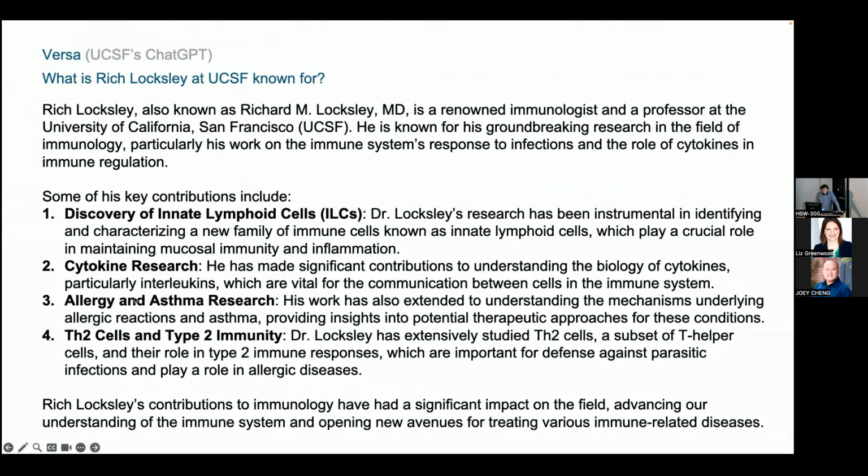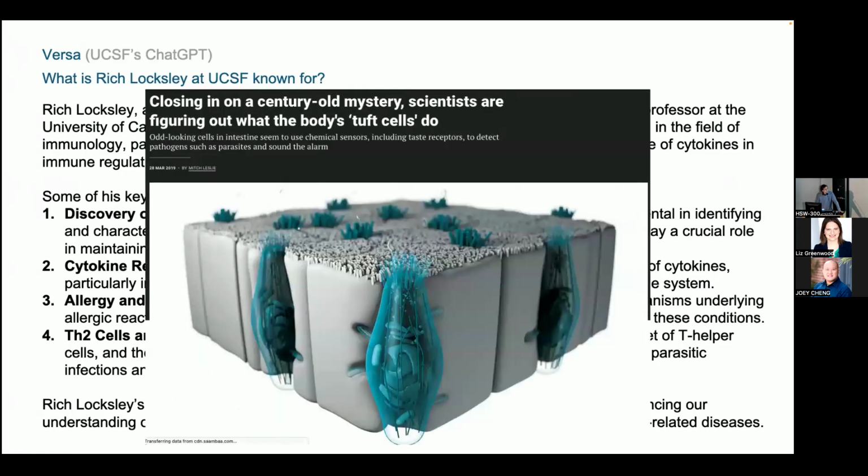And all that fed into Rich's contributions to allergy and asthma research and the potential for therapies that are coming from that. I would say that I think there's at least one important scientific contribution missing from here that maybe some of you are noting, who probably contributed to it, and that is the last decade, I think, of Rich's discoveries regarding an enigmatic epithelial cell type called the Tuft cell, where he's really helping close in on a century-old mystery.